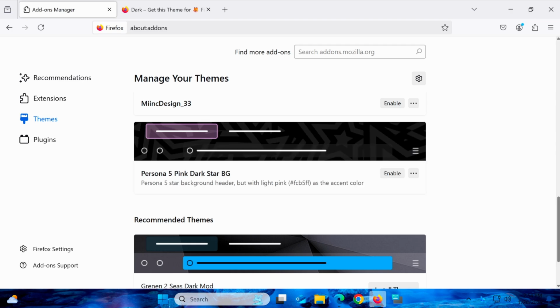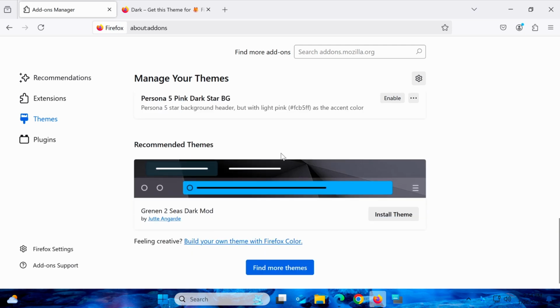And that's it! I've just shown you how to easily change the background of your Firefox browser. Customizing your browser with themes not only makes it look better, but also creates a more enjoyable and personal browsing